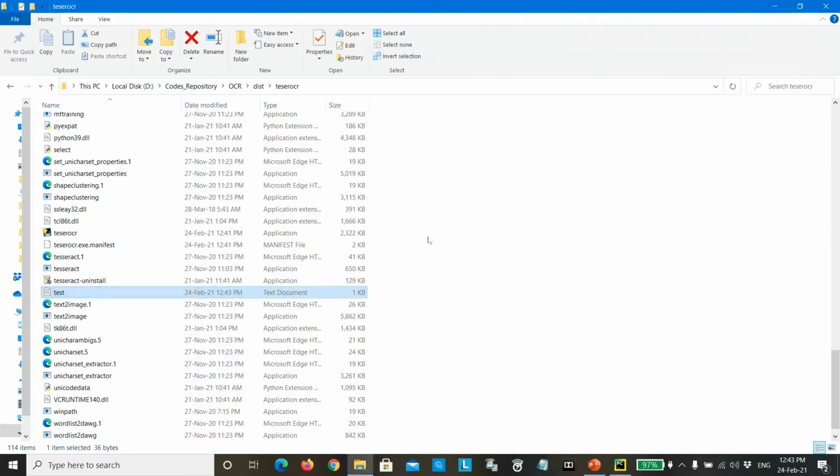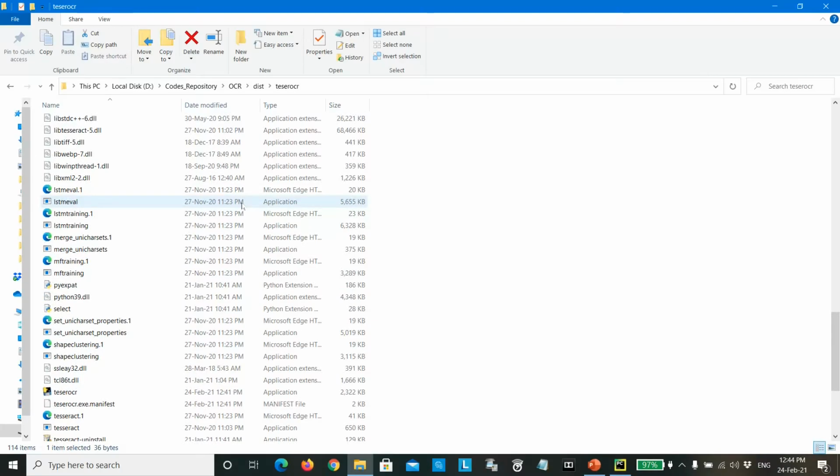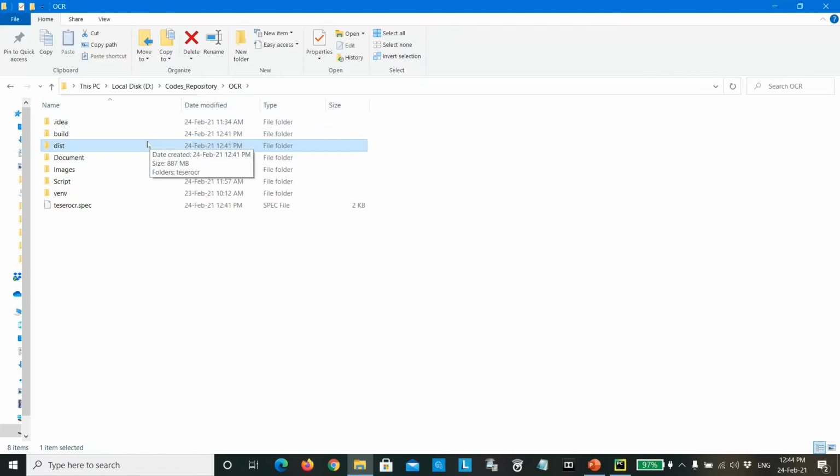Okay, so this is how you can create any script executable for the Windows operating system with the help of the PyInstaller package. In case you want to transfer this to anyone else to use, you need to provide them this entire dist package, so they will be able to use that particular script executable without installing Python or any packages or any other dependencies.